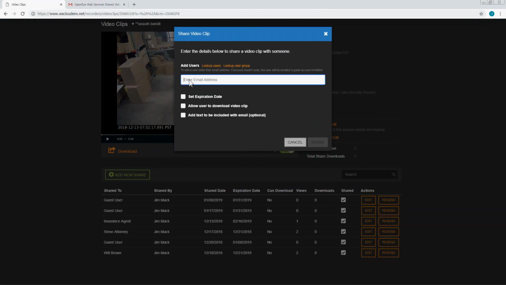So let's go ahead and add in some email addresses here. So we may want to send this to somebody internally. All right, and you'll see it recognizes that person as a user. I also may want to send this to my attorney. All right, now that person we don't have as a user yet, but the new feature within OWS 1.7 is